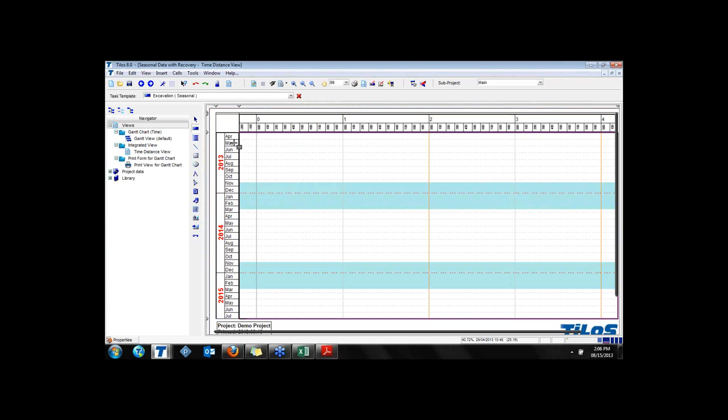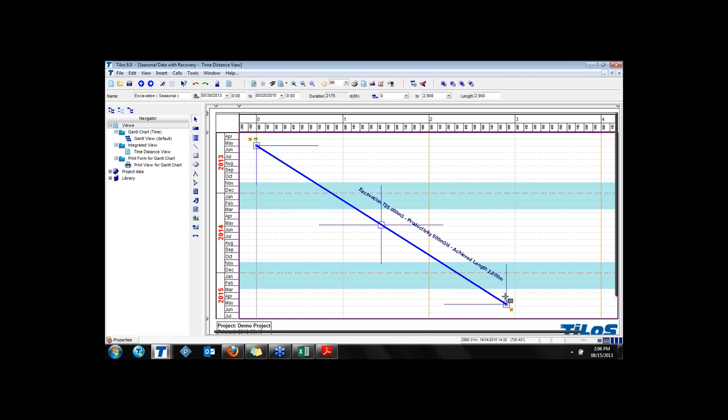When you create an activity without any effect of the seasonal data, you are having your project, let's say you are starting at the point and finishing at 2,500 meters, and please see now your productivity rate is 500 cubic meters a day. But if you plan based on your seasonal data, your performance would decrease at this point, which is starting